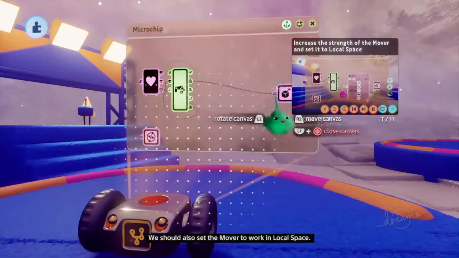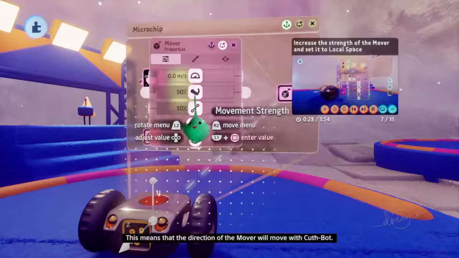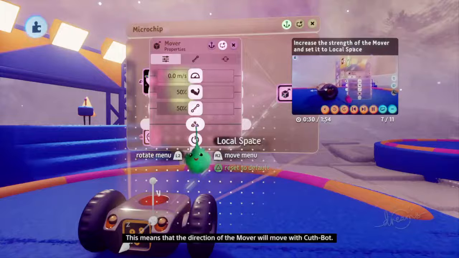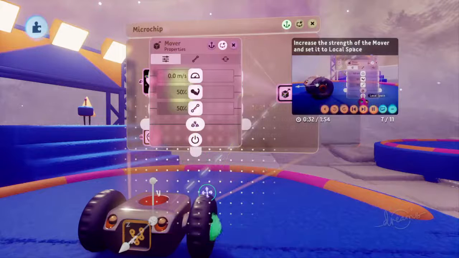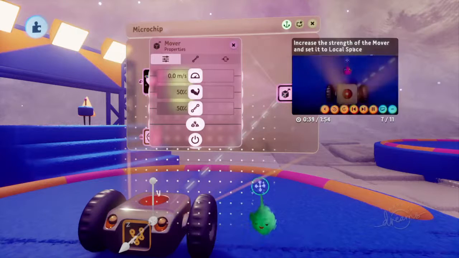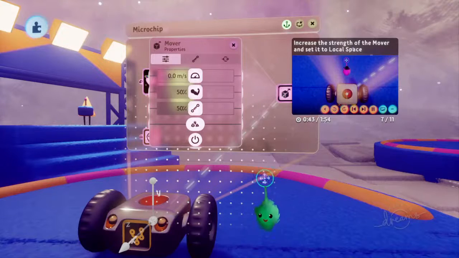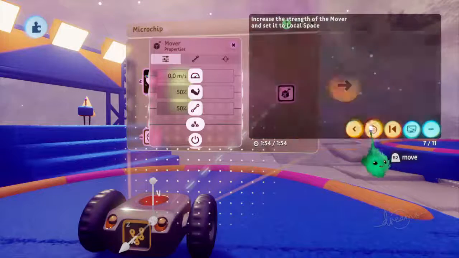We should also set the mover to work in local space. This means that the direction of the mover will move with Cuthbot. This will be super important when we add steering to Cuthbot's logic. At the moment, the mover is working in scene space. When set up like this,